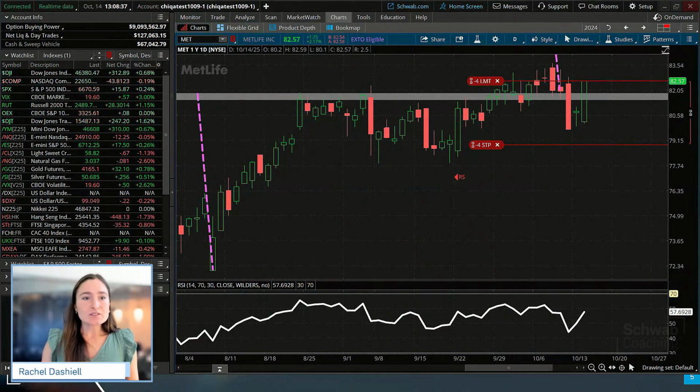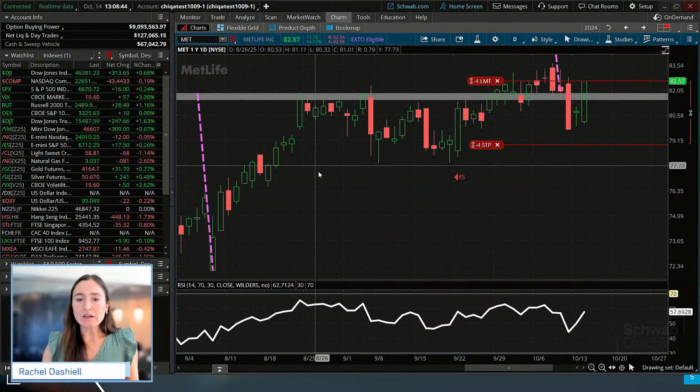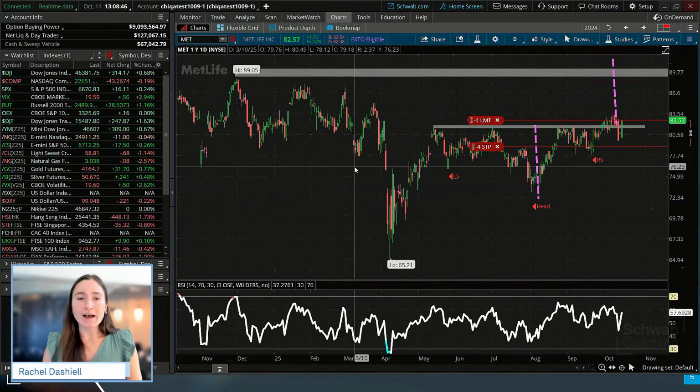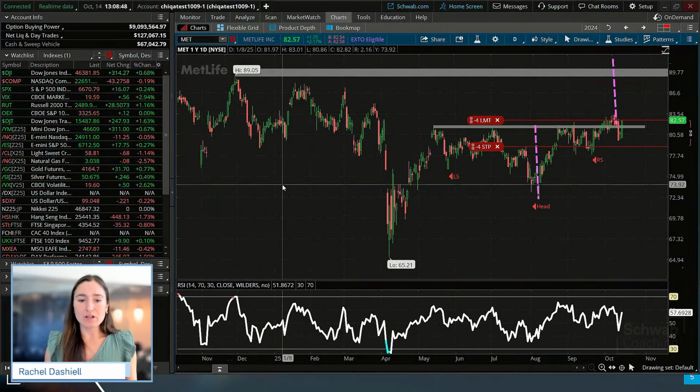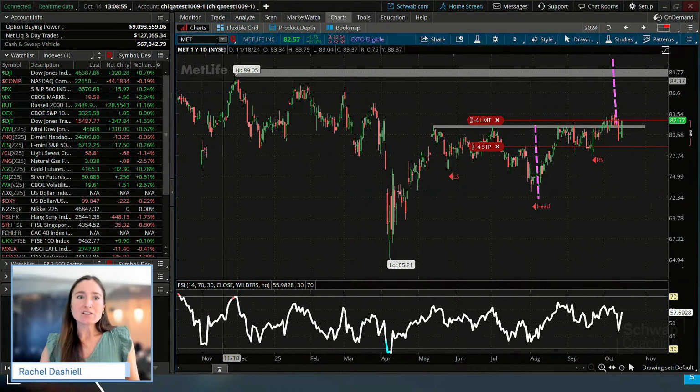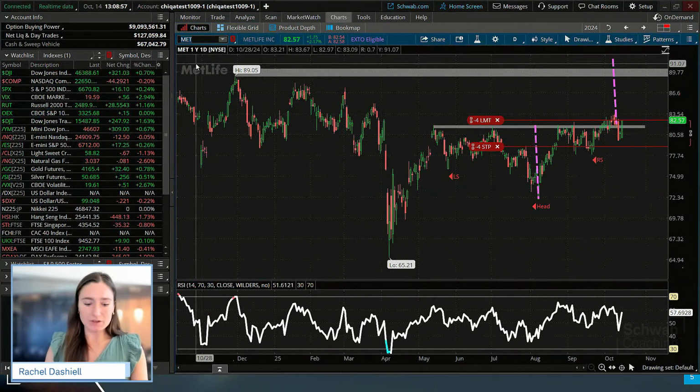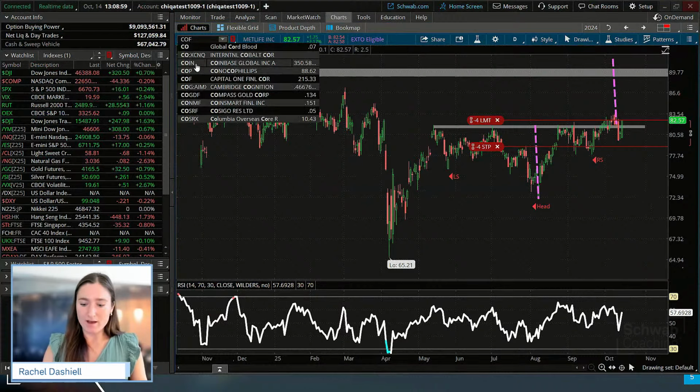Now, let's take a look at some example trades that we may place today. I told you in the beginning that we are going to look at more of the process behind the scenes on how I'm finding these technical setups and these trades. We'll get to that after the first trade that we look at, but let's look at COF.